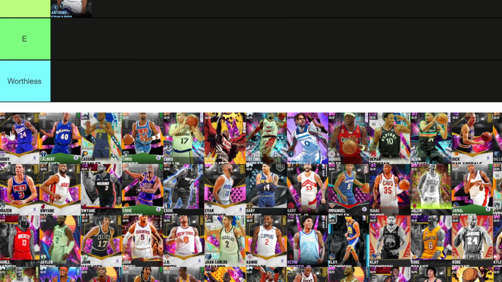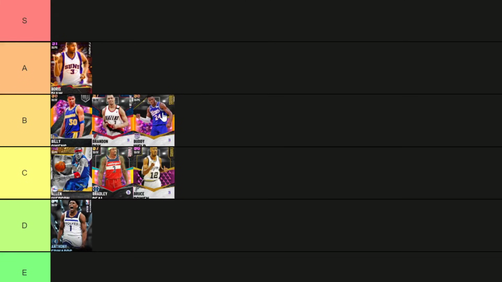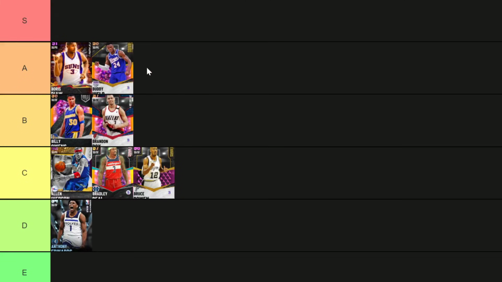Buddy Hield. So he was a reward. I'm putting Buddy Hield in A tier. Buddy Hield, mini Kobe. That's the only way I can describe him. He is mini Kobe Bryant. He's definitely not as good as Kobe, but he is a mini Kobe. Same release, really nice upper. His shooting's good. His player build is big in game. So, man, I am very, very high on